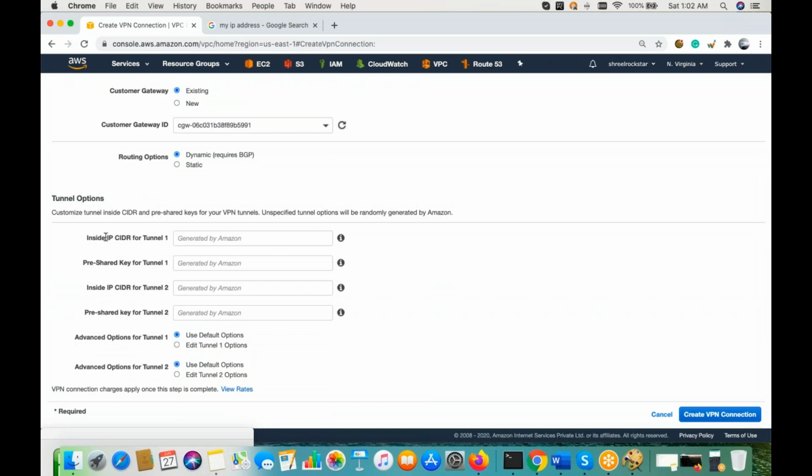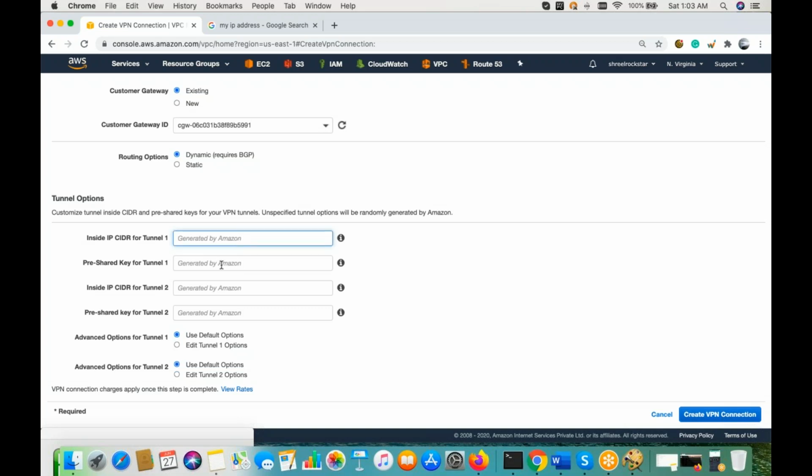Also inside the tunnel, you can define your CIDR values. Let's say the customer is saying, hey, 10.16.0.0/16, this IP address range should be excluded, right? Or you can add more IP addresses for tunneling authorization.